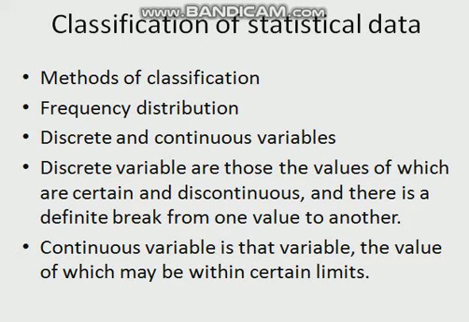Suppose heights of students are presented like this: 150 to 154, 155 to 159, 160 to 164, 165 to 169. Then students of height 150 and 154 are both included in that class interval only. This is the difference between exclusive and